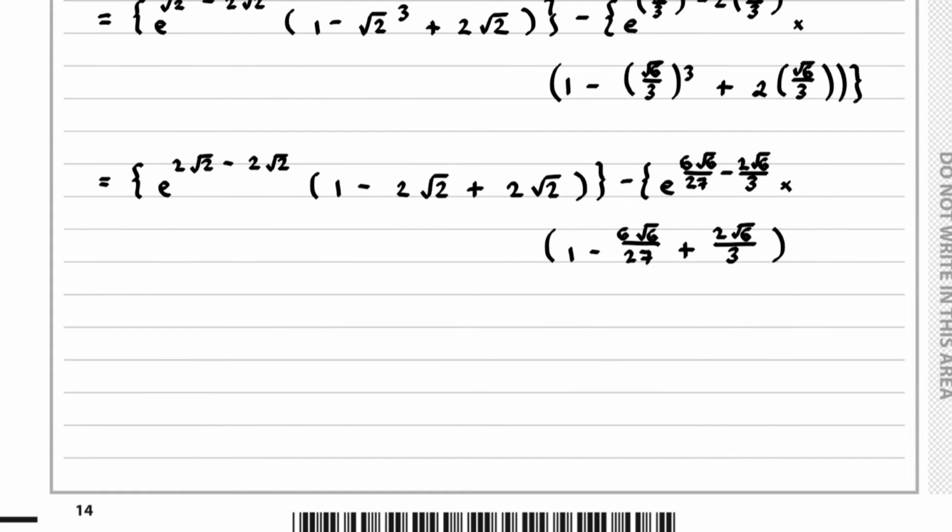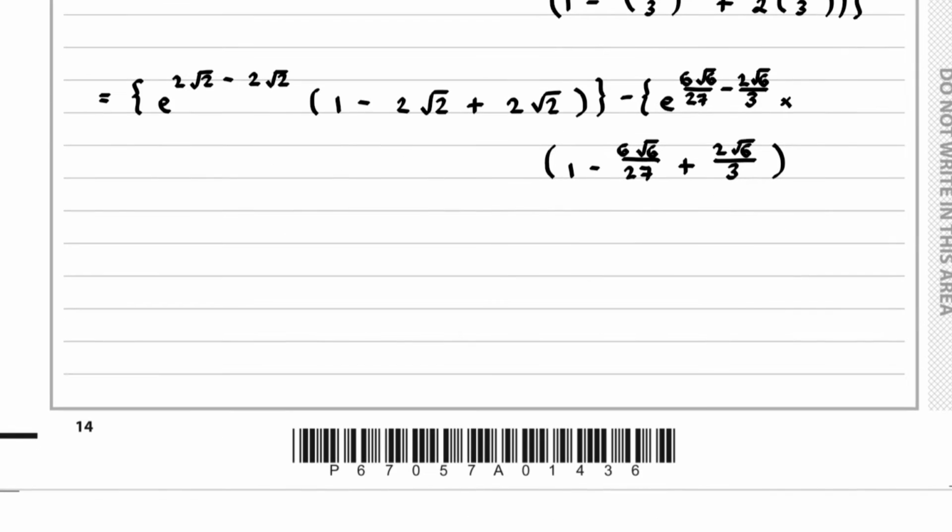So now let's attempt to simplify all this. Well, for the upper limit, we've got e to the 2 root 2 minus 2 root 2, so that's just going to equal e to the 0. And then inside the bracket, we've got 1 minus 2 root 2 plus 2 root 2, which is just 1. And then for the lower limit, we would have